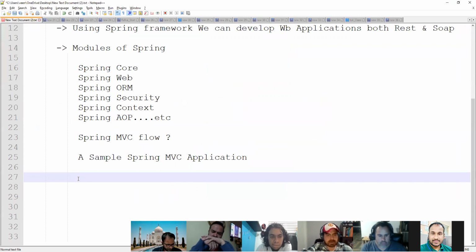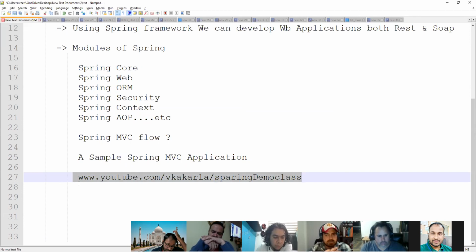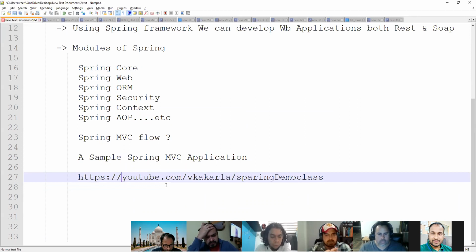For example, /vkakala is some class. Instead of that you can give HTTPS.